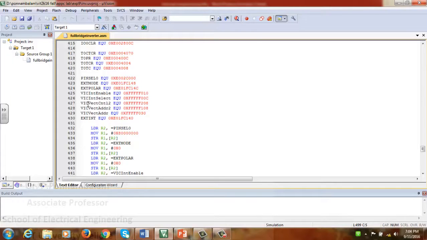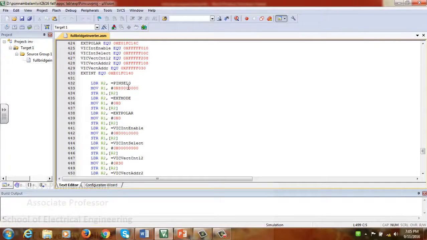So that's the reason I am using vector control 2 and vector address 2. The VIC vector address I'll be using for clearing the address. Then the external interrupt flag will be set when the corresponding interrupt has happened, and I'll be clearing it by putting 1 there.